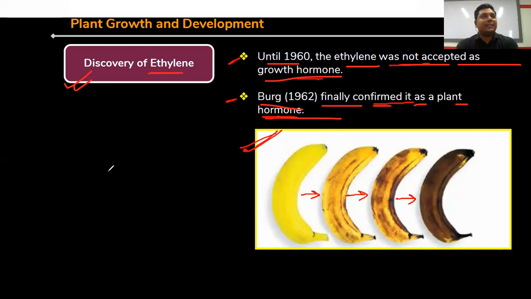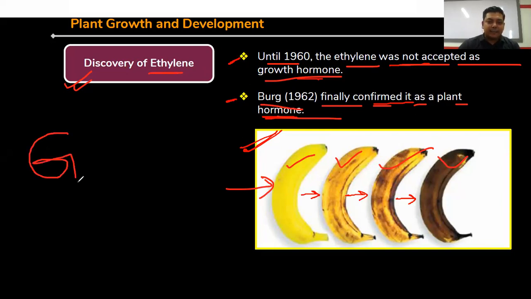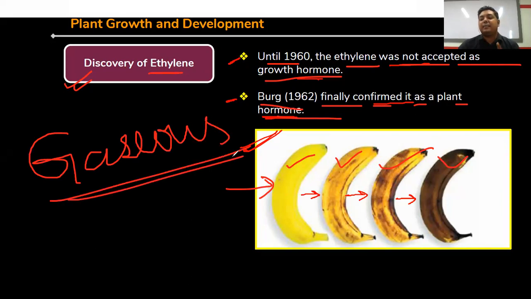So you can see the fruits that are getting matured from the premature form, in the case of banana also, right? If you see the structure, the fruit ripening process is done by ethylene. So ethylene is a natural hormone that is involved in the ripening of fruits. Clear? And ethylene is the only hormone that is gaseous in nature. So ethylene is the only plant hormone that is gaseous in nature.